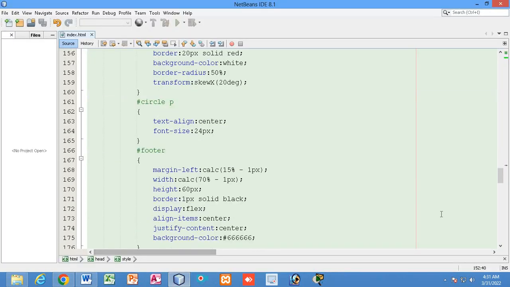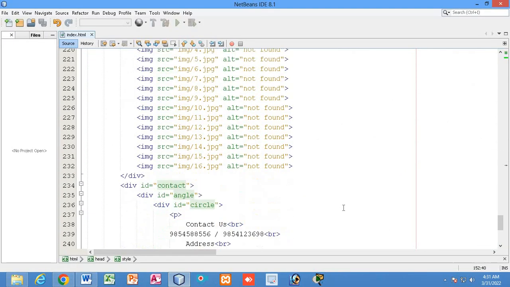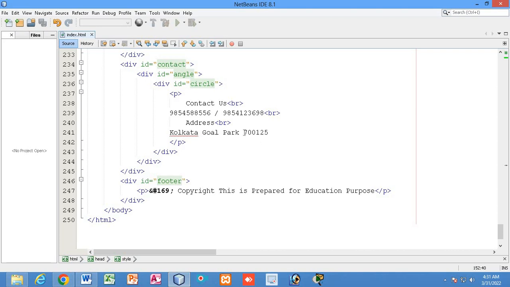You can also just do one thing, increase the height, or increase the font size of the contact us. So I will do one thing here, so you can just see here.